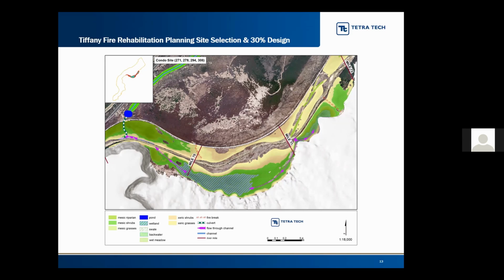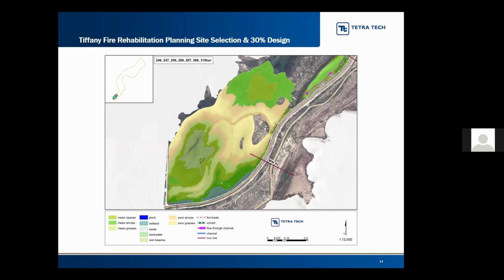So in this site here, it was more driven by the depth to water and height above river models. But we were able to introduce different restoration concepts, big wetland, big flow through channel, backwater features on this really interesting and compelling site. And the last site here is at the southernmost end of the Tiffany project area, right